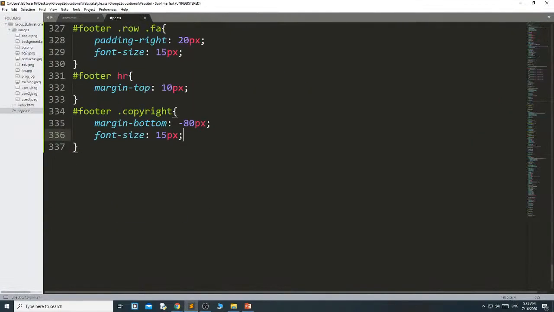Basically, go to the CSS and my button. Then what is the design I want?